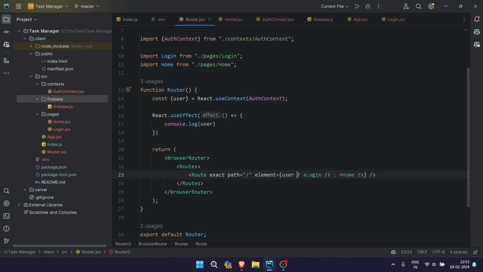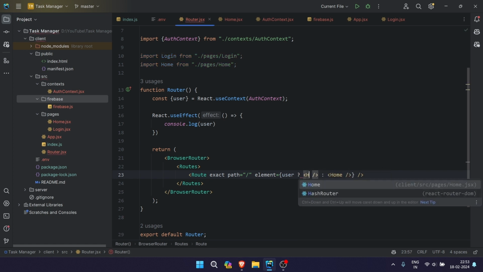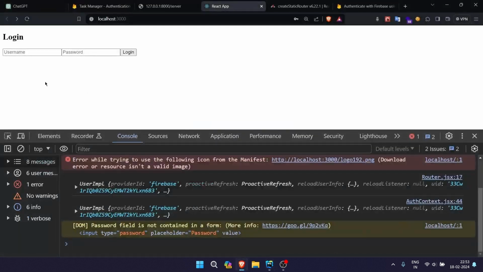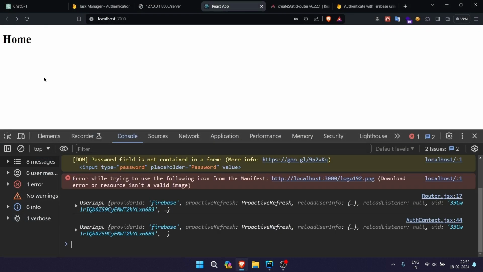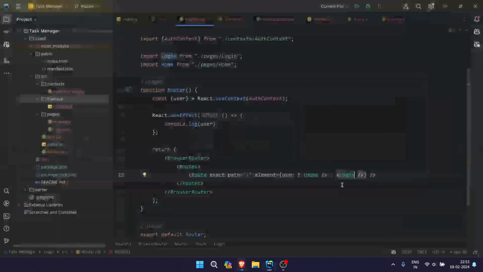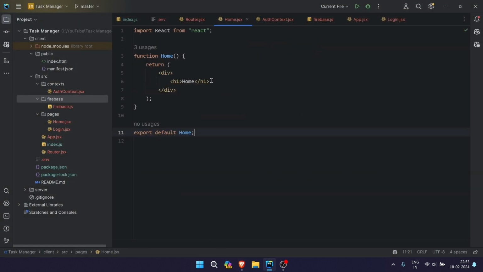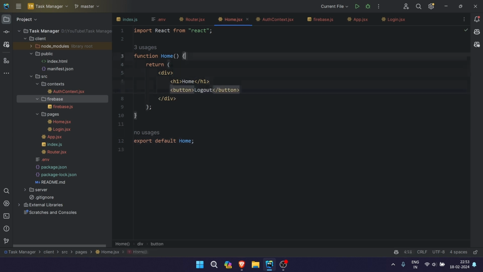If user home else login. Okay, and we have the home now, and in the home we'll be placing a logout button, log out, and